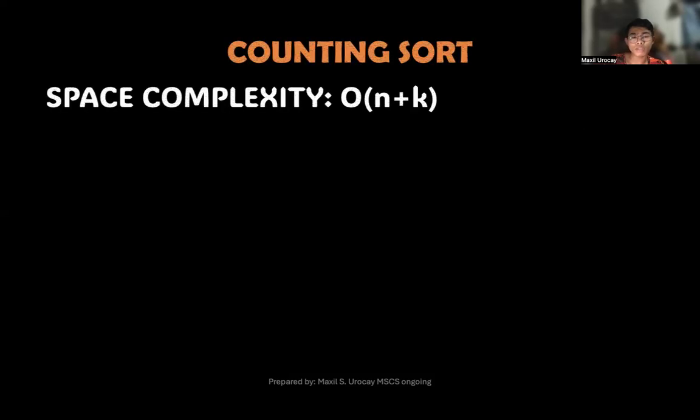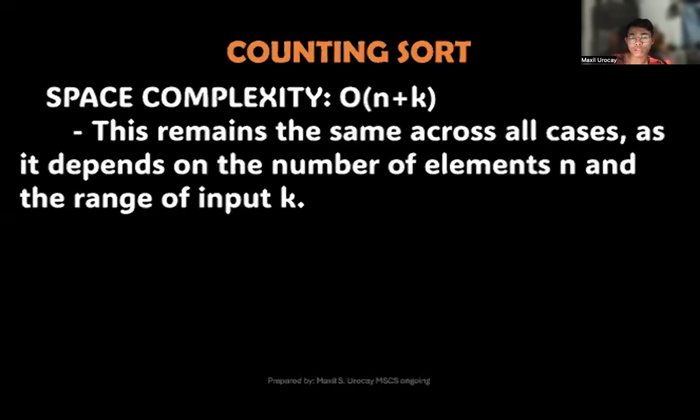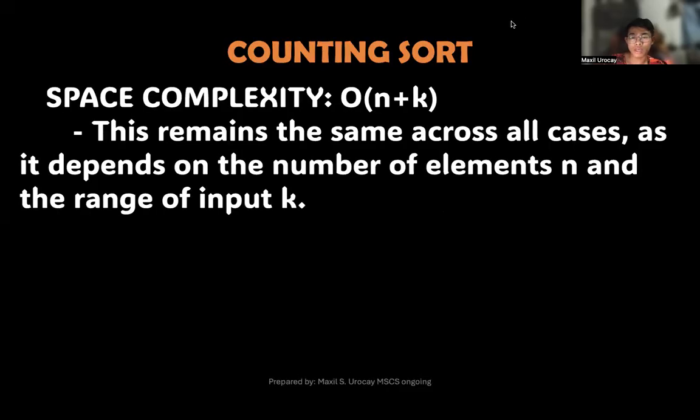For the space complexity, it is still the same thing, O(n + k). This remains the same across all cases as it depends on the number of elements and the range of input k. Meaning the count array, which stores the frequency of each element, has the size of k. Then the output array that holds the sorted elements has the size of n. That's why this is O(n + k), where k is the range of the input values. So that's the counting sort, by the way, and I'll also illustrate that in the other